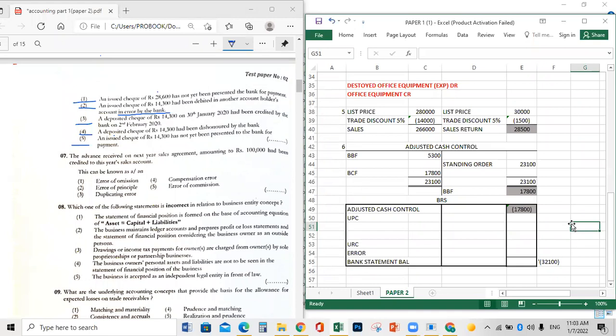We call this an unrealized check, because it is being realized only in February. Unrealized check, add or deduct? Deduct. So go and deduct